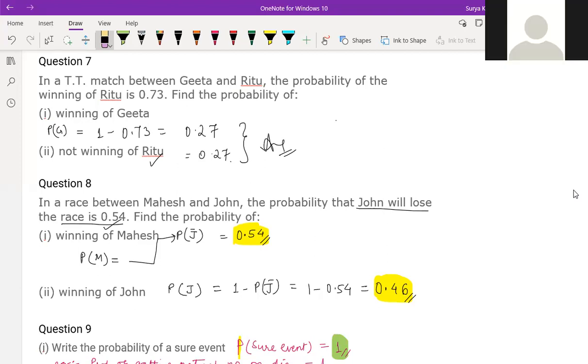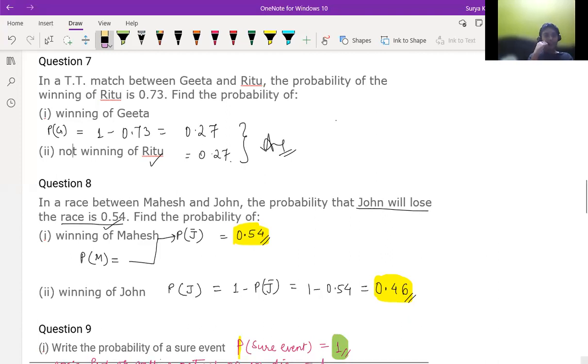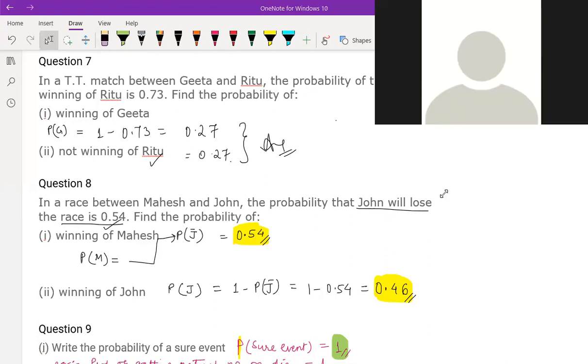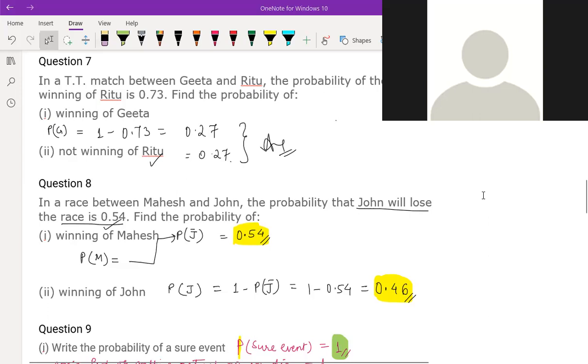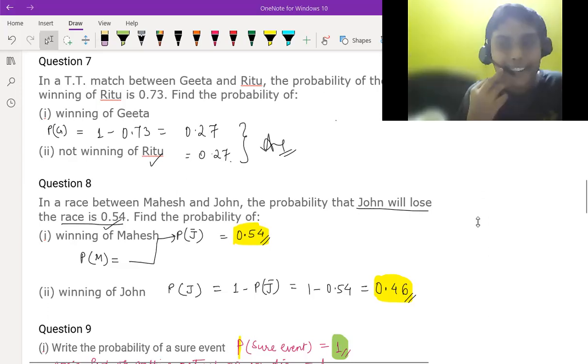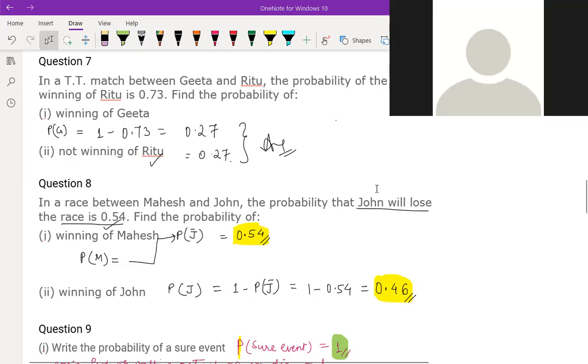Suppose sometimes what happens, boys and girls, they may ask about transgender. If we are thinking in real life, then the probability can change based on the situation, right? Yeah, sometimes, but we are not considering that here. The children will ask also, sir, what is the probability if they become transgender? That is not the question actually. Here we are talking about the real, standard scenario, not that case.